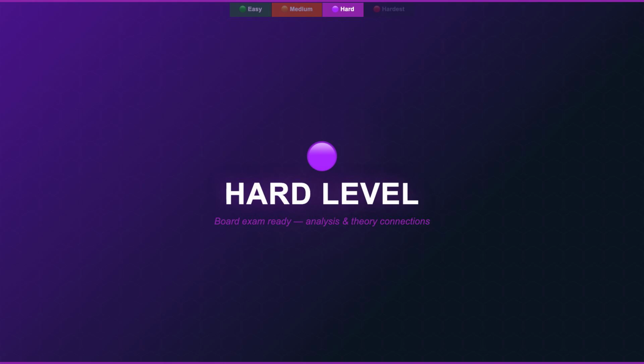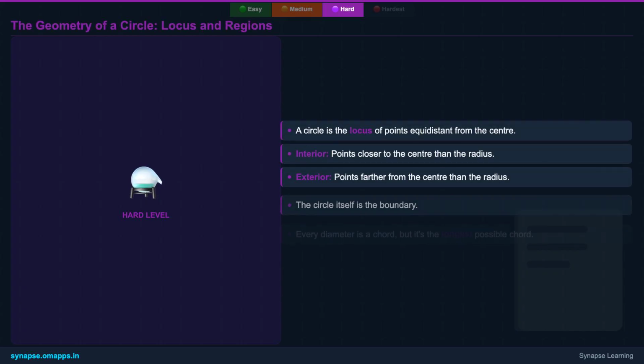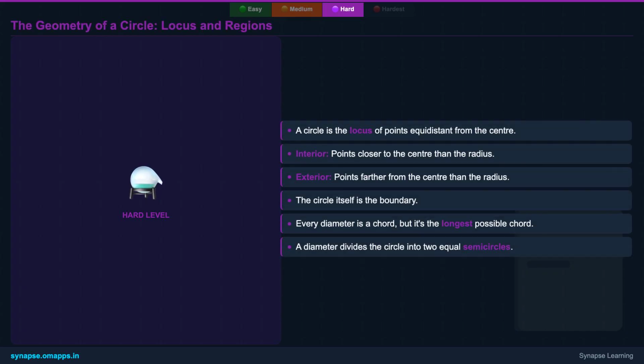In this hard section, we'll dive into the deeper geometric significance and interrelationships of a circle's components. Let's formalize our definitions. A circle isn't just a round shape, it's a precise mathematical locus. Every point on the circle is equidistant from its center. This concept helps us define the interior and exterior regions. We'll also analyze the interplay between chords,